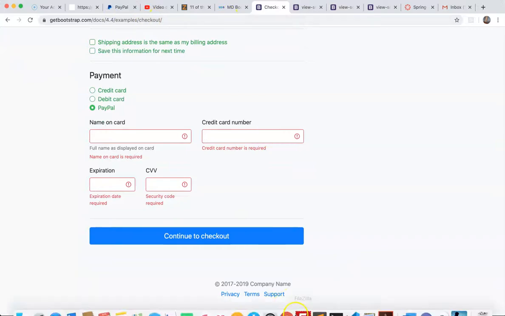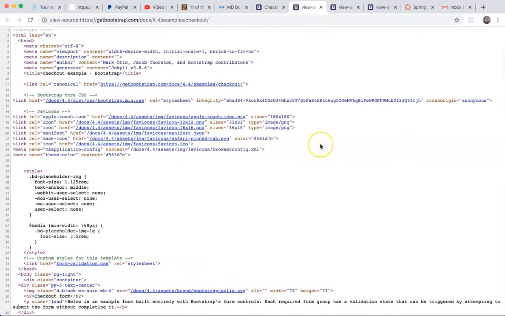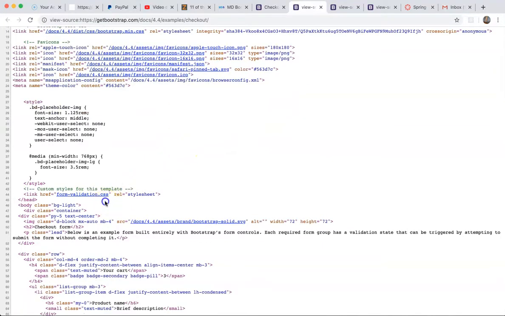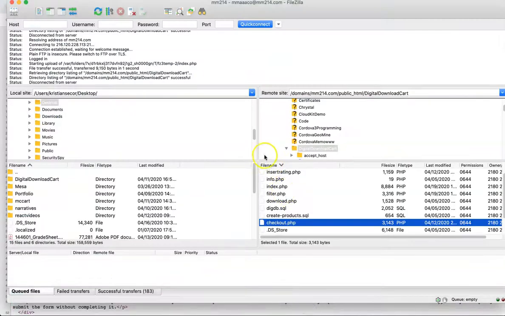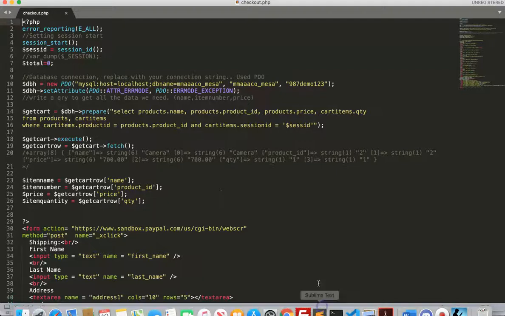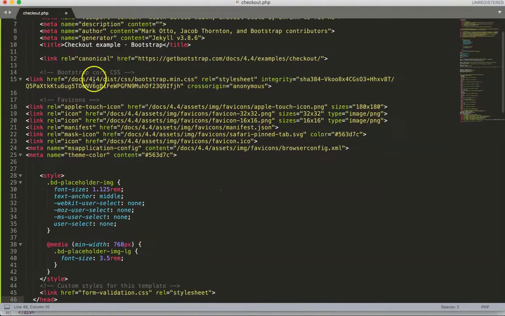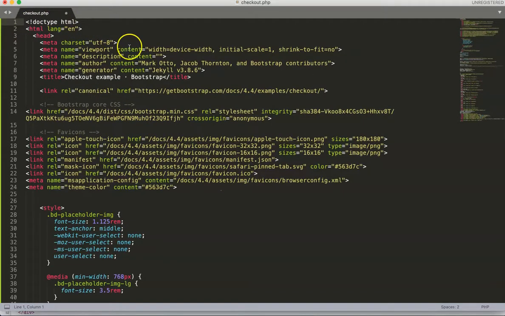And what I'm going to do first, since I have this checkout and I have the source code visible, is focus on dependencies. Dependencies are such a big part of this, and the things you can avoid, some of the things, like the generator Jekyll. But as far as I'm concerned, everything above the head tag here is important. Like the form validation CSS is important, okay? So back to my checkout, this is our checkout right here, and I'm going to move this completely out of the PHP section. Okay, so I have this section here, and I can lose the author content, things like that,